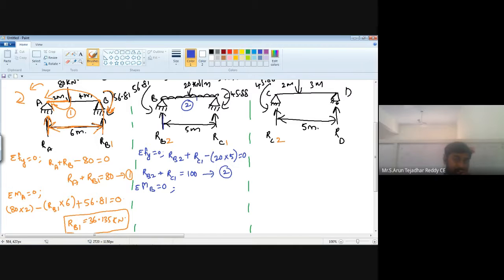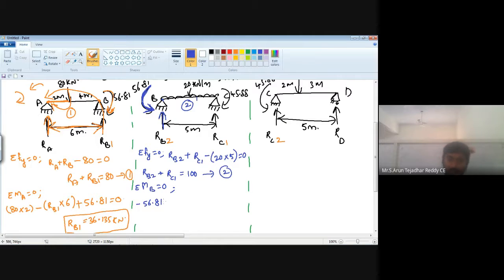Here RB2 is passing through point B, so RB2 into 0. Next, one moment is acting, that is in anti-clockwise direction. So I can write it as minus